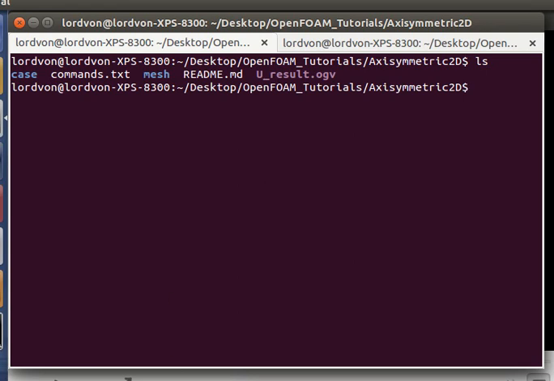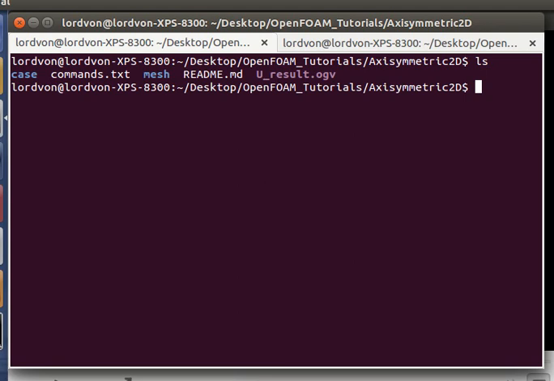Hello everyone. In this tutorial we'll be going over how to make an axisymmetric 2D simulation in OpenFOAM. An axisymmetric 2D simulation is a 3D simulation that's axisymmetric, and the axisymmetry can be defined by a single plane. In OpenFOAM, as you might know already, it won't handle purely 2D meshes, so it only handles 3D meshes. So it has a special boundary condition called wedge in order to make a small, thin 3D wedge into an